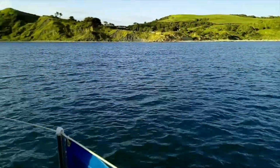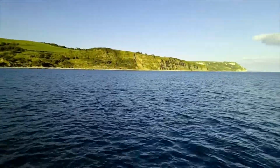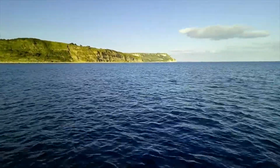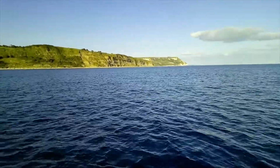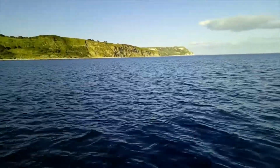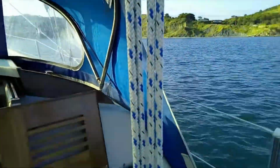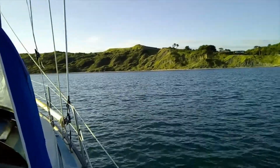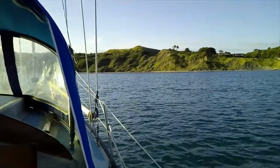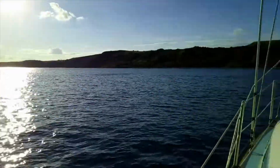Look at this. Isn't it beautiful? Well, after today's roller coaster ride, and it was also a roller coaster ride after I turned the corner to enter Portland Bay. I don't even know if it's called Portland Bay, but this big bay that Portland Harbour is in. And I'll be honest, I had a bit of a panic because the conditions were really quite rough, and I called Portland Marina to see if they had a berth free, which they very kindly checked and let me know that they did, and I was a bit cheeky